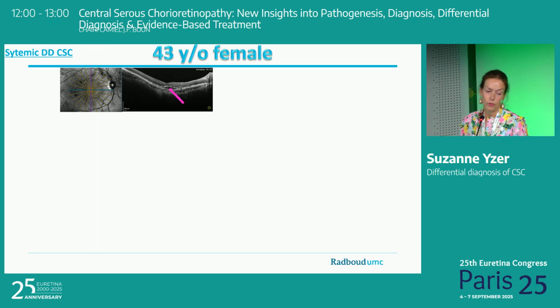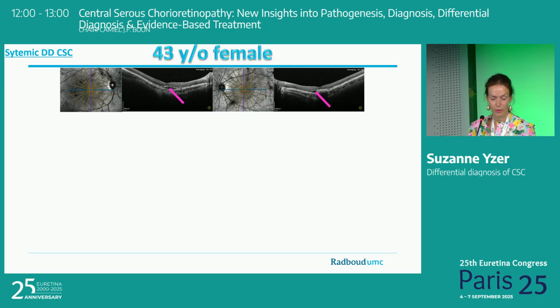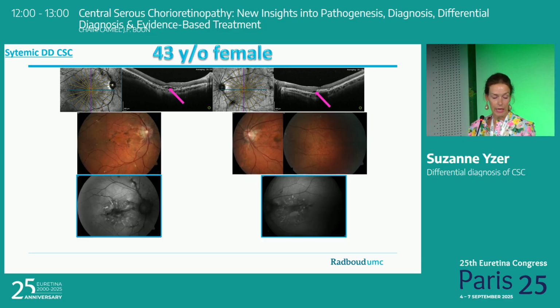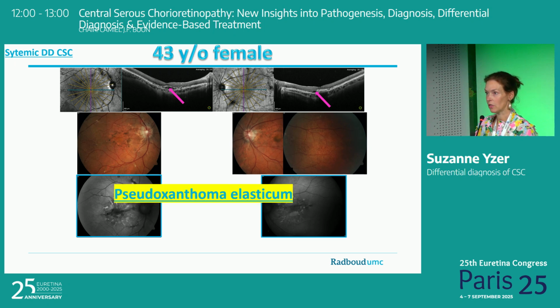This case is a 43-year-old female. She was also referred because of her loss of vision in her right eye. There was subretinal fluid there, choroid not very thick. There were changes in the left eye as well, although she was not complaining of that eye. And here are the fundus images and the FAFs. Angioid streaks, spot orange. So this is pseudoxanthoma elasticum. These patients need to be referred to internal medicine or specialized hospitals. They can have aneurysms of the aorta, so it's very important that they get a workup.